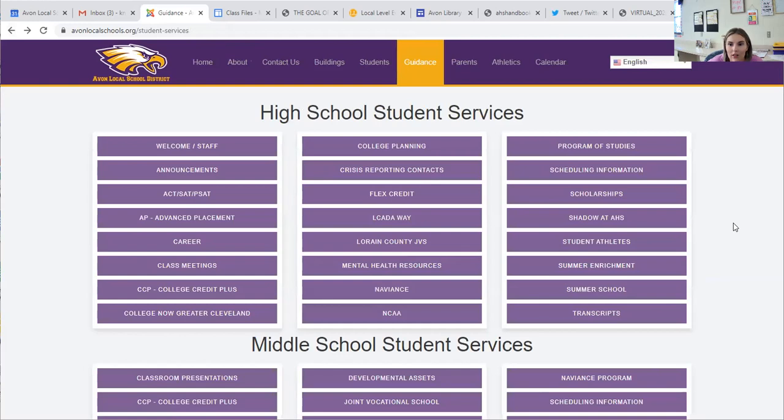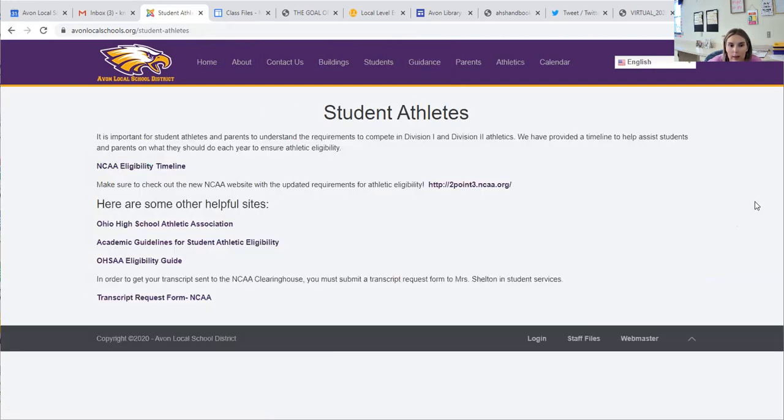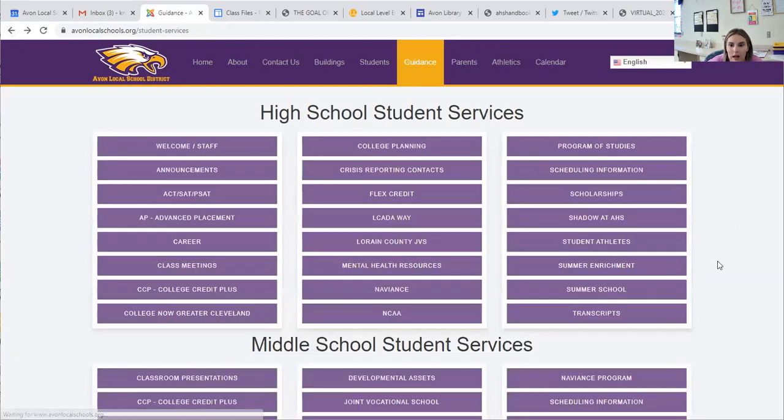Okay. Other things, scholarship information. If somebody is going to a different school, maybe a private school, and they're interested in coming to shadow at AHS, this is where they would find that. Here is also some information for student athletes. So if we click on that, just some helpful tips, OSHA guidelines, and also, again, NCAA eligibility timeline, summer enrichment, summer school,